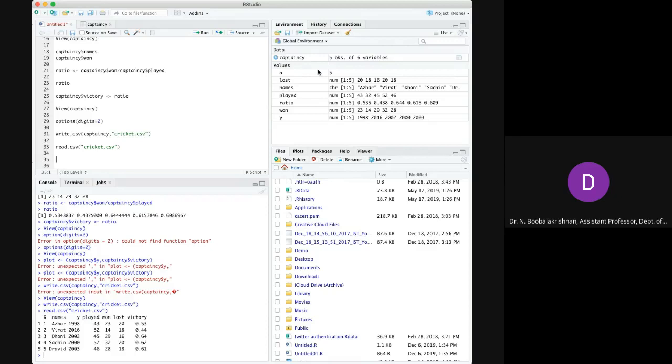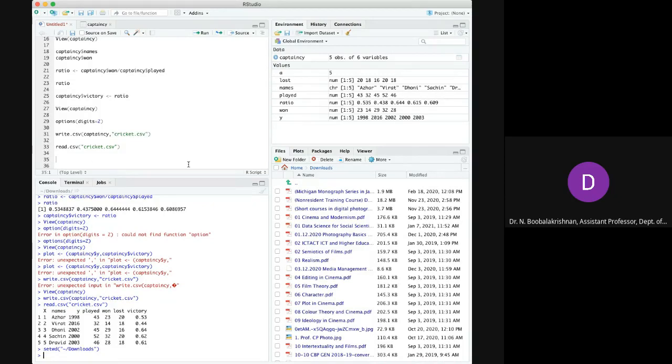Choose the directory. Put it as downloads. Okay, now the file name which I have given here is read.csv, ec.csv.